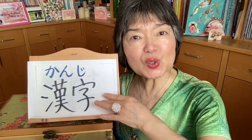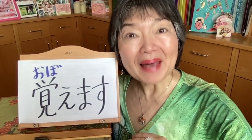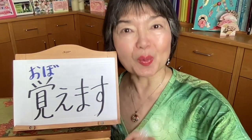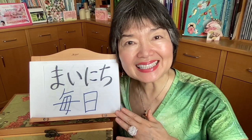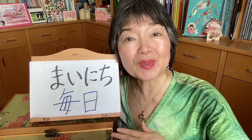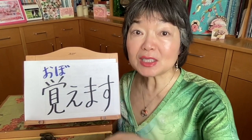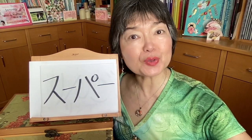To memorize, 覚えます. To memorize. This is group 2. 覚え. So, the て form is 覚えて。毎日、漢字を三つずつ覚えてください。Let's remember how we can say the same sentence in 普通形, the casual way of speaking with the plain form. 毎日漢字を3つずつ覚えてね。